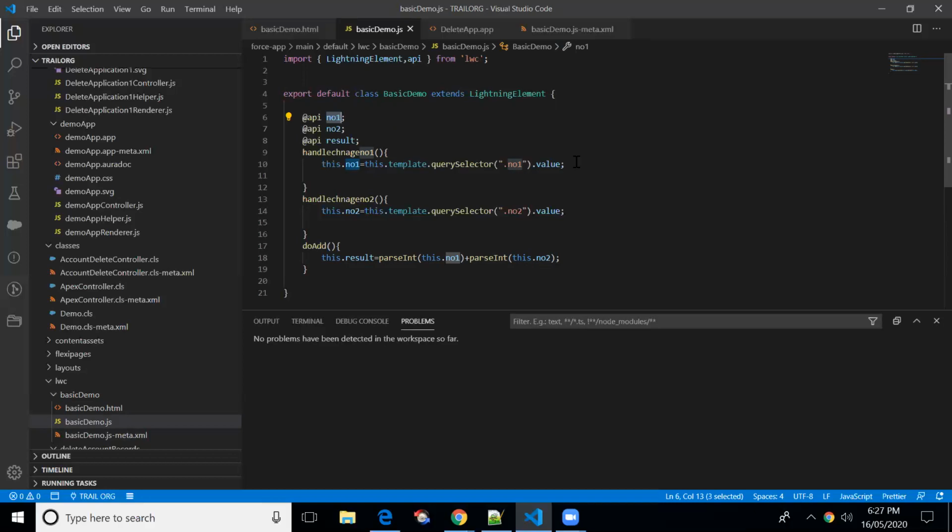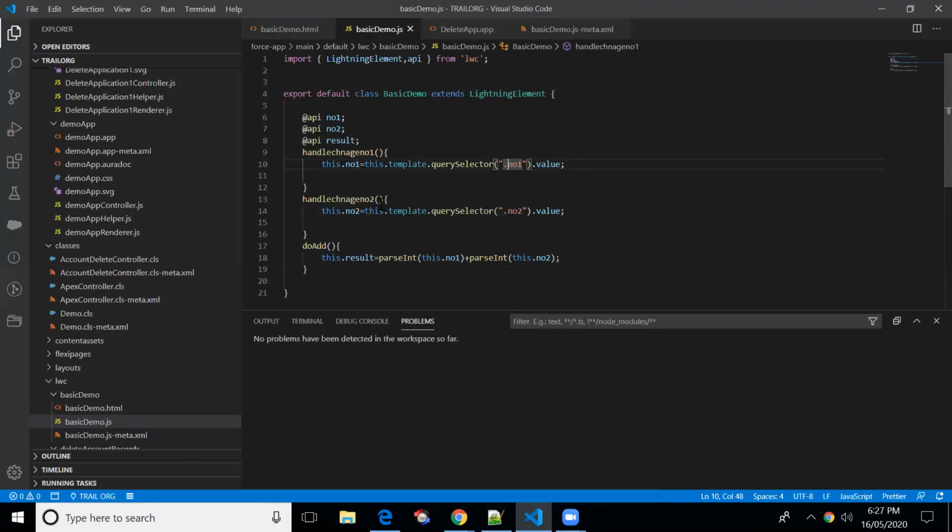Based on the ID, based on the selector, we get the result. So this.template.querySelector and the name of the class, dot value. If you are using a class, you should include the dot symbol, otherwise it won't work and it will not be able to identify the class. If it is an ID, then it would be different.